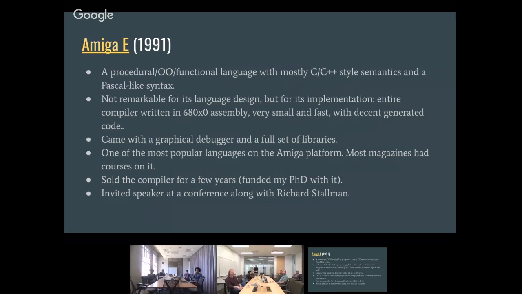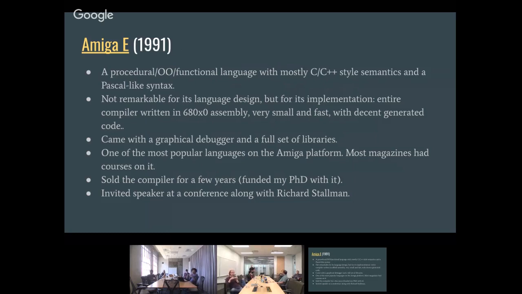What was probably more interesting was that its implementation was entirely in assembly language, which was really crazy. At the time, I was doing a lot of graphical demo programming in assembly and was very comfortable with it. So when it came time to write a compiler, I thought it was a smart idea, which it wasn't in the end. But I did it anyway. It did have some good consequences though, because even though it was a large and complex language with a lot of functionality, it ended up being a very, very small and fast compiler that generated pretty decent